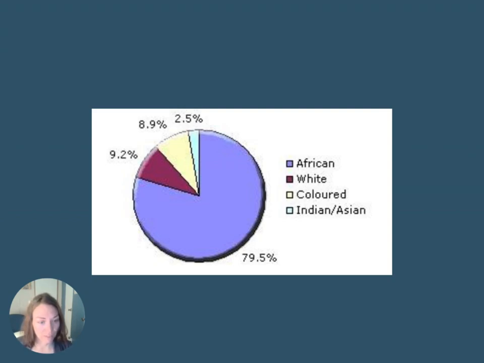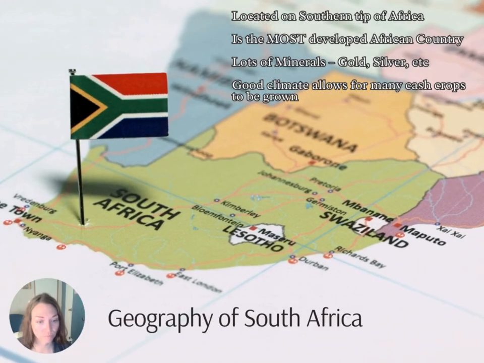And the group known as the Blacks had very few economic resources and very little political power. So you might think that because the group known as whites had so much power, maybe they're the majority of the population, but that is not so. The majority is actually the South African Blacks.